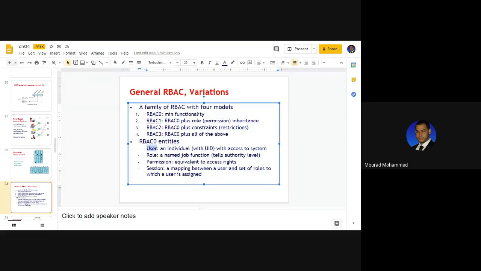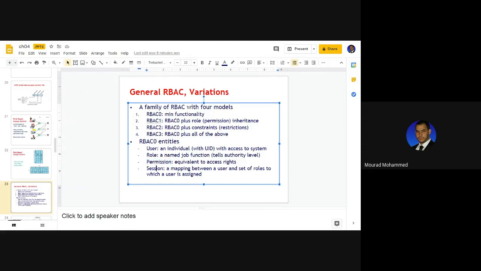Who is the doer? What is the right? What are the permissions? The role here, sorry, not the right here. We talk about the functionality, the capabilities, the permission, the privilege is the role. What is the function of this user is the role. Then the permissions, actually it is a right here. An example of the permission is a view via which we see the right given to a user.